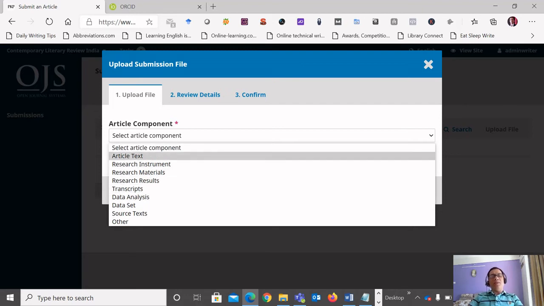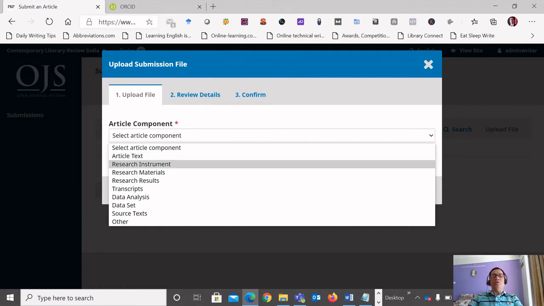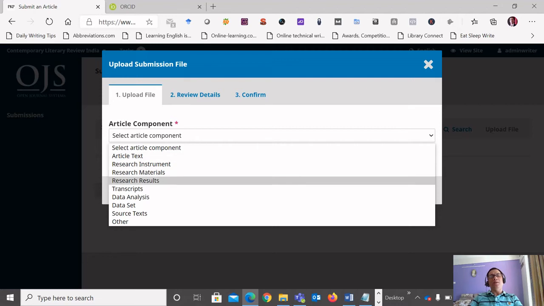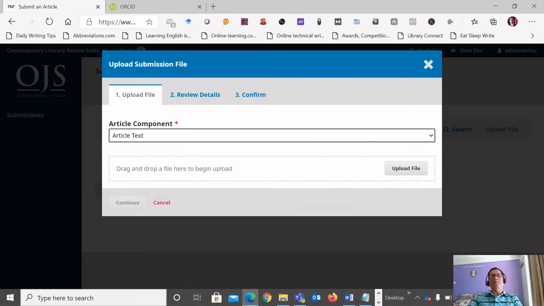Now, you have to select article text only, because you are going to upload text material like a Word document or any other valid document format, not research instrument, research materials, or research results, because these are generally used for other types of documents. And then upload the document here.